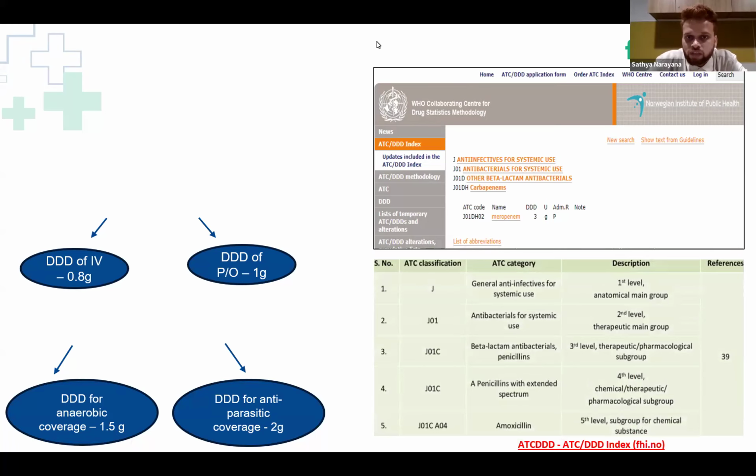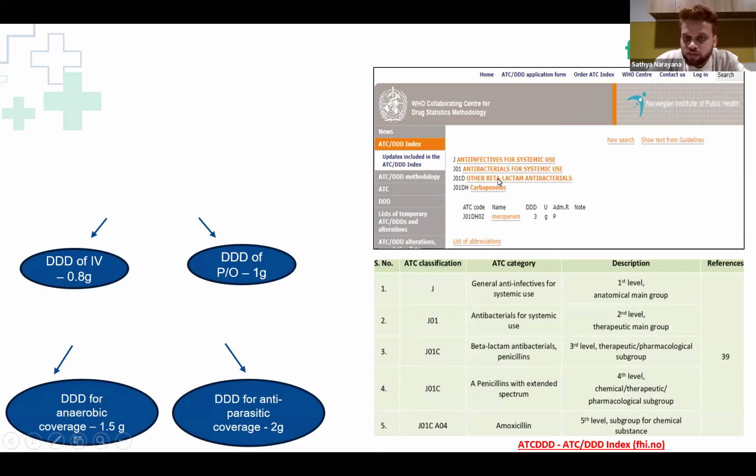Here the common thing that we'll be noticing is this J would be the common code used for indicating anti-infectives for systemic use. And to make it very precise, J01 is a code that is useful for antibacterials that are used for systemic use. And this is another way of again making it much more precise. And next one,